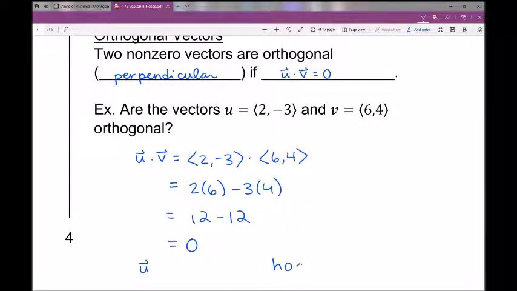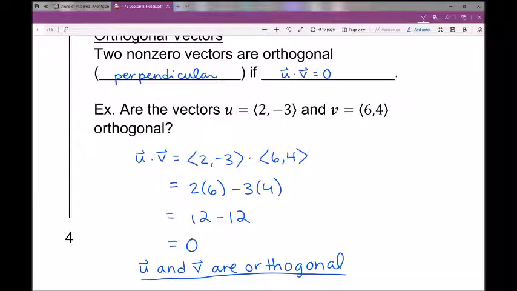So when you're doing a problem like this, it's very important to state this conclusion that u and v are orthogonal because that was the question. It wasn't just find the dot product, it was find the dot product and tell me your conclusion based on that dot product. So that is a little important there. Okay,